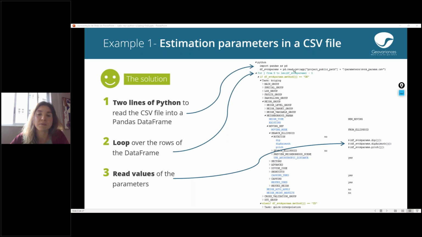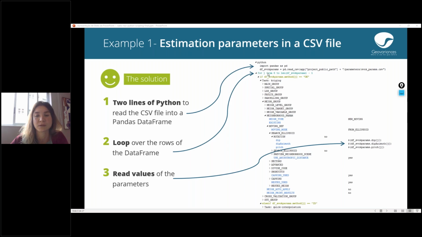Then using the pandas library, I read the CSV, the table where I have all my parameters, and create a data frame that I call here the search volume parameters data frame, where I have all the parameters that I will use to